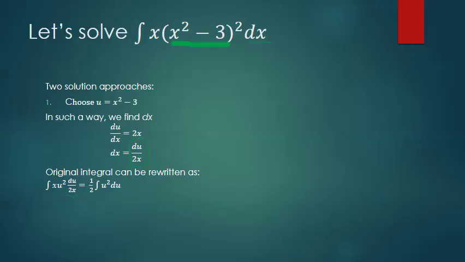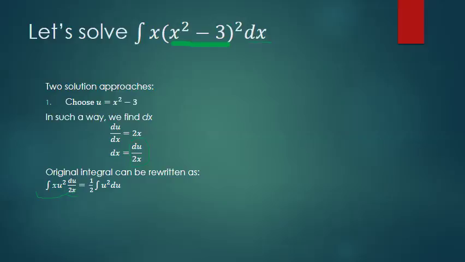And x divided by x will be equal to 1, and this 2 can be taken out of the integral because it is a constant factor, and our integral will be 1/2 the integral of u^2 du. So